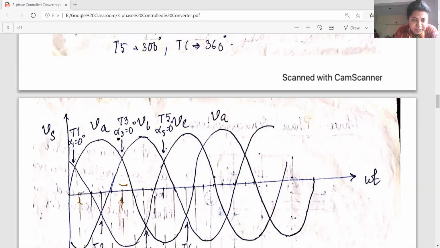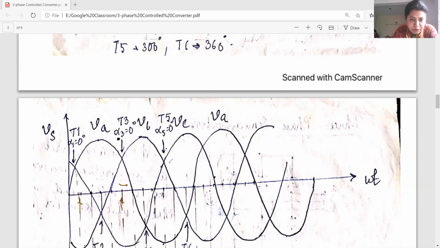From omega t equal to 30 degree to omega t equal to 150 degree, VA is maximum positive. So if VA is maximum positive, that means thyristor T1 is forward biased during this interval. Now after this instant, that is omega t equal to 150 degree to omega t equal to 270 degree, that is for an angle of 120 degree again,